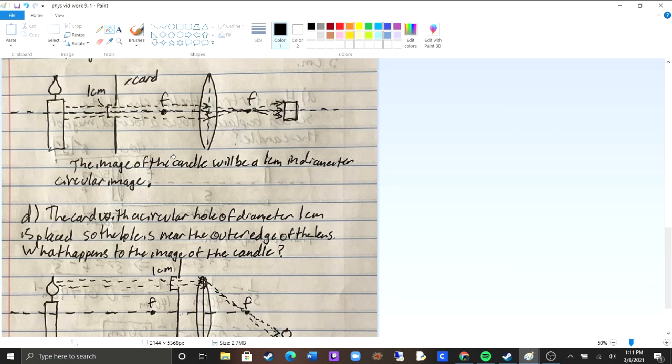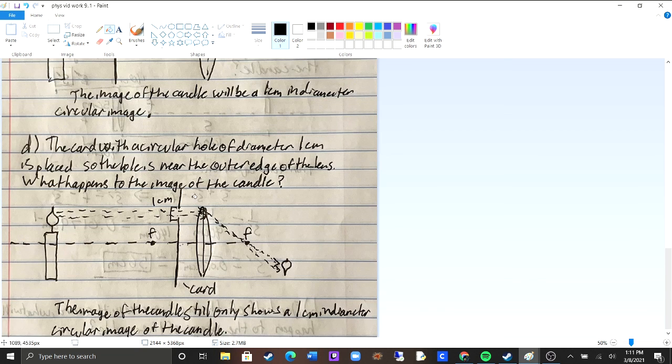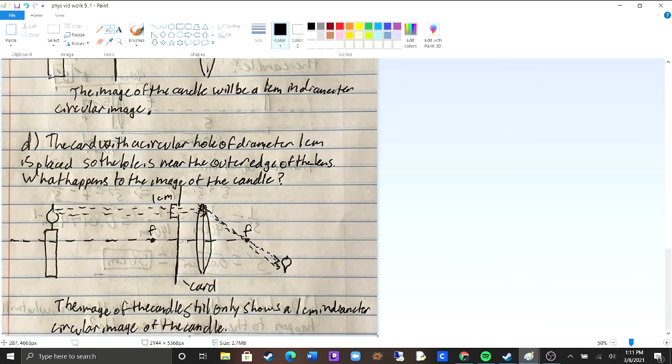So part D, the card with a circular hole of diameter 1 centimeter is placed so the hole is near the outer edge of the lens. What happens to the image of the candle? So pretty much the same thing as part C. These rays are coming off, and they hit this. So if it's higher up, the angle of refraction is going to be a lot steeper. So it's going to go down. So it's going to be lower the higher up it is, and that means that the image will also be inverted,